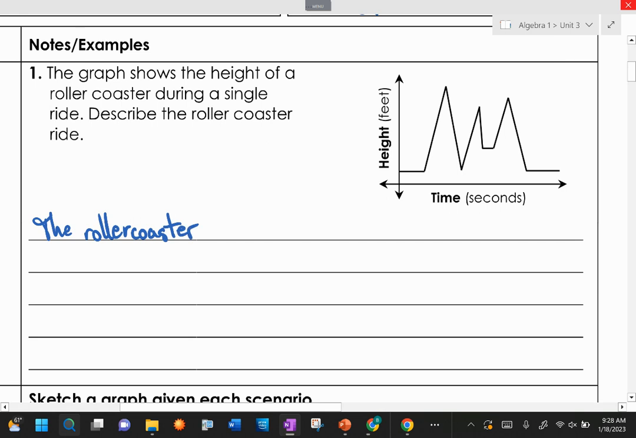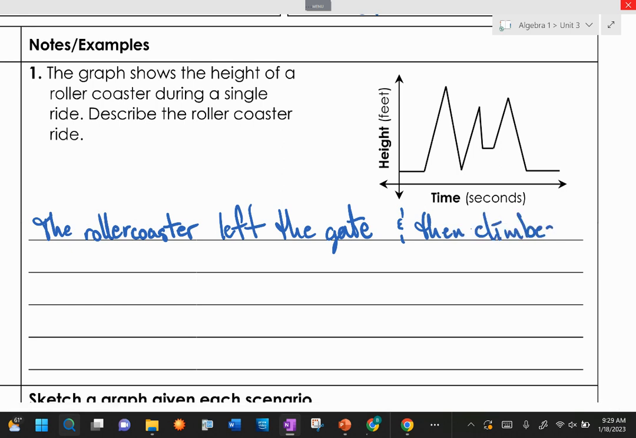Just about to make sure. Okay, so we would say, you don't have to write this word for word, but we just want to make sure that we describe it. So the roller coaster, we'll say left the gate, and then climbed which direction? Up. Then climbed up before